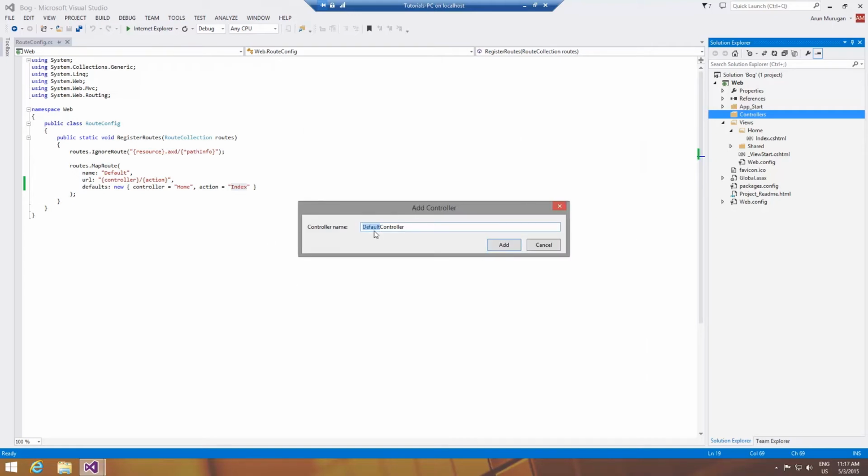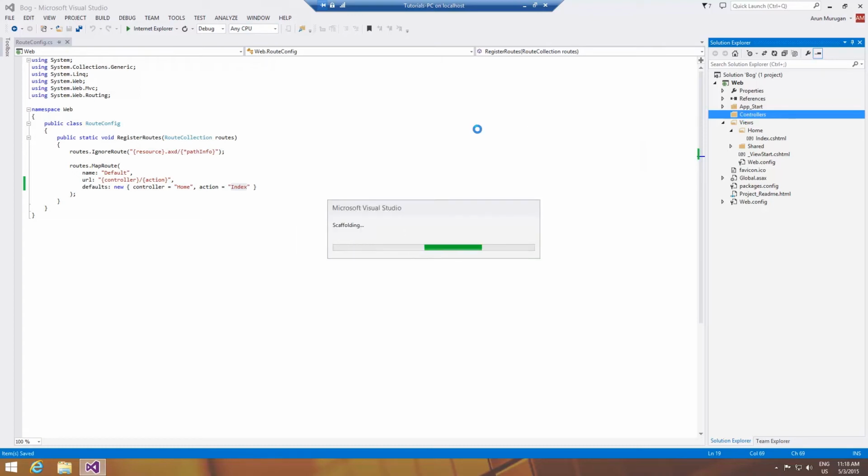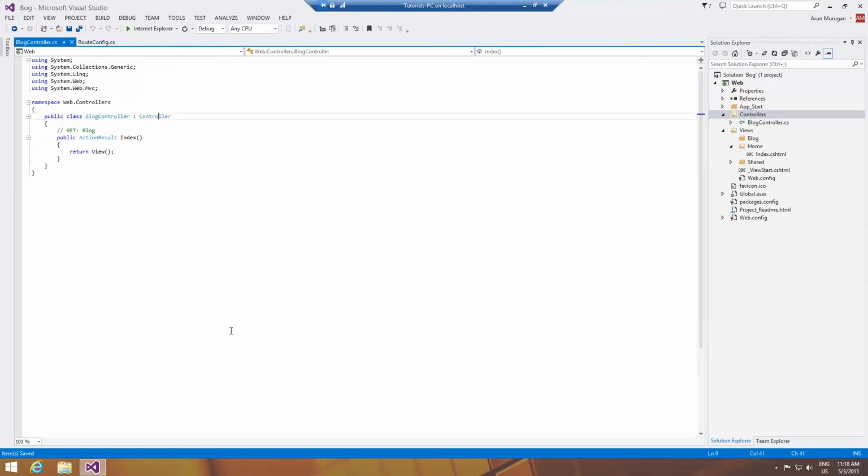A controller is basically just a very, very simple class which inherits the base class called Controller. I don't even have to go through Add and Controller there. I could have succeeded with just adding a class, naming it the home controller, and inheriting the Controller base class there. But in any case,